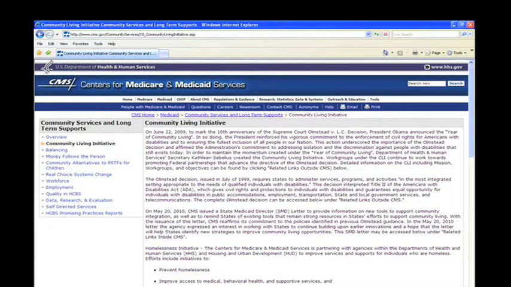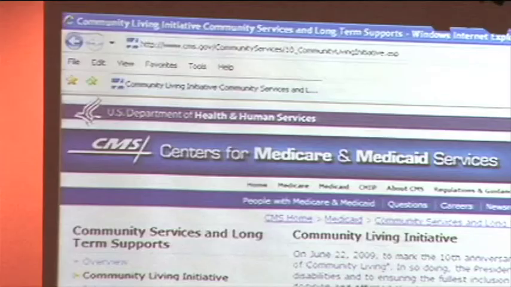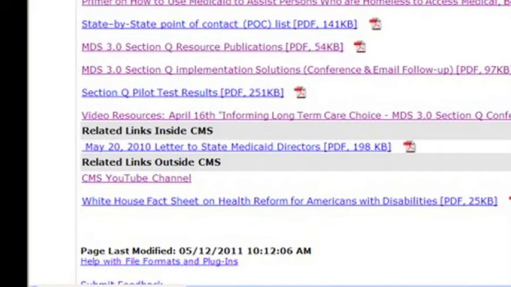All right, now for the fun stuff. Here is the CMS website page in which you can get all of the information that I've talked about, including the downloads. And it's located at www.cms.gov/community services. And this is what the page looks like. I have it as a favorite. If you scroll down, you come down to the downloads section,